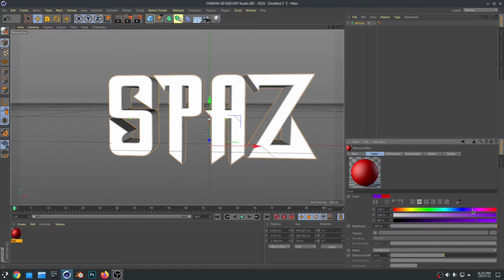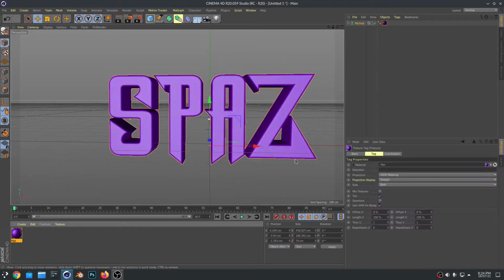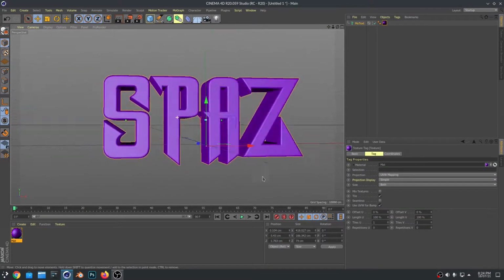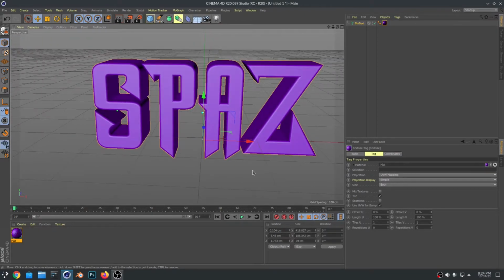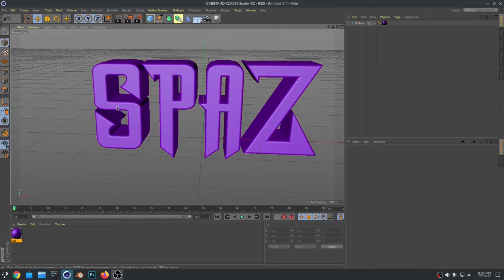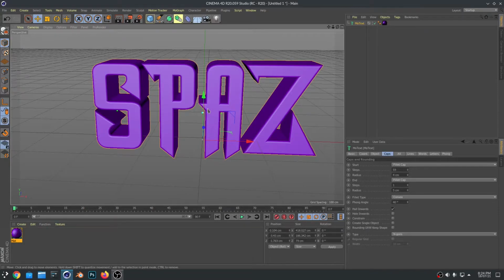I'm going to go for a purple kind of text. So yeah, we'll do purple and bluish. So here we have this, it looks pretty good. Now if you want to set a different color for different text, you can even set that. If you want different settings, if you want to increase the size, you can even